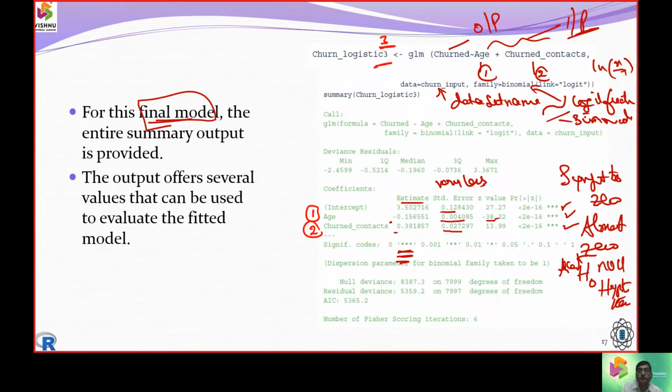Next one was, when we fit a model, we get residuals. So residuals are nothing but the errors. What was the error we are going to build up? We are going to build up with a minimum error of -2 to a maximum error of 3.36, and you can see the mean value is really interesting. It is almost -0.